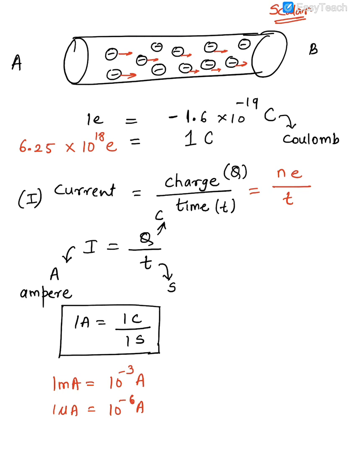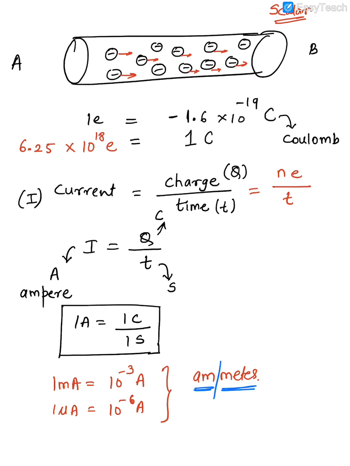And how do you measure this current? By which device? That device is called an ammeter. Okay, it's called an ammeter. I hope I don't need to explain why it's called an ammeter. You can see how it gets its name. Am is the short form for ampere and meter is the name of the device. So it's called what? Ammeter. So guys, this is all very, very important. You can pause the video here and start copying all these down in your notebook, because all these formulas and conversions will be used in the numericals also.